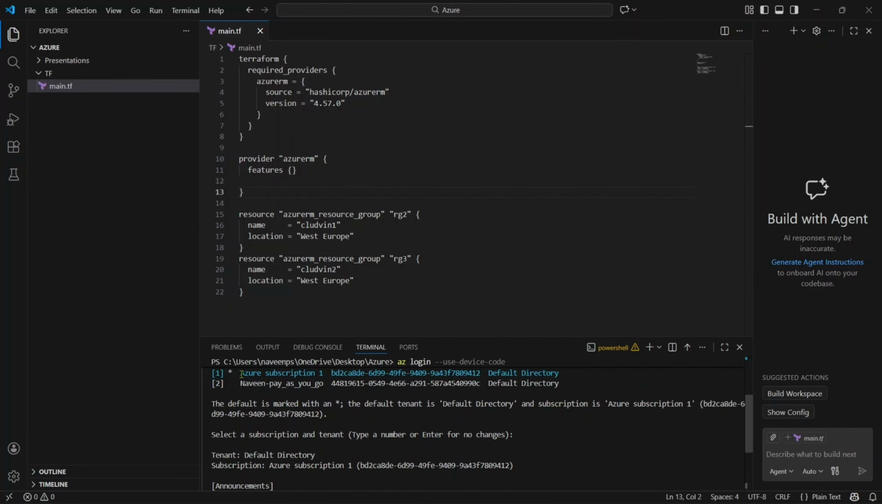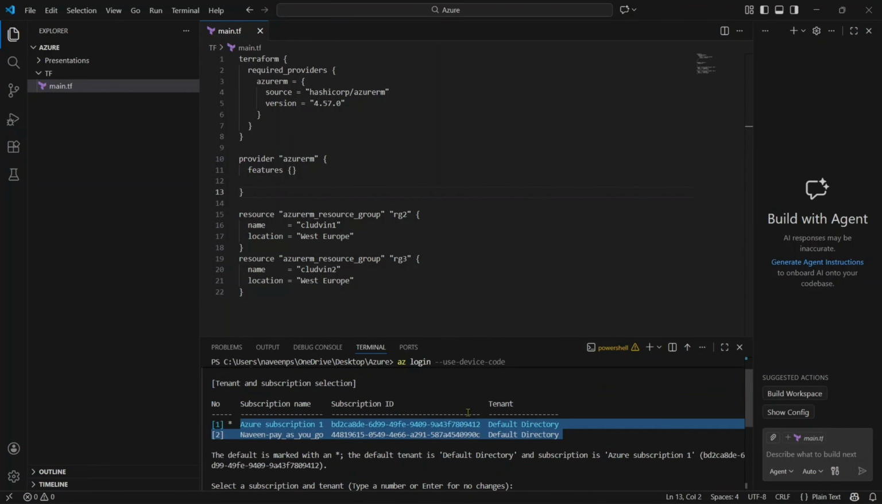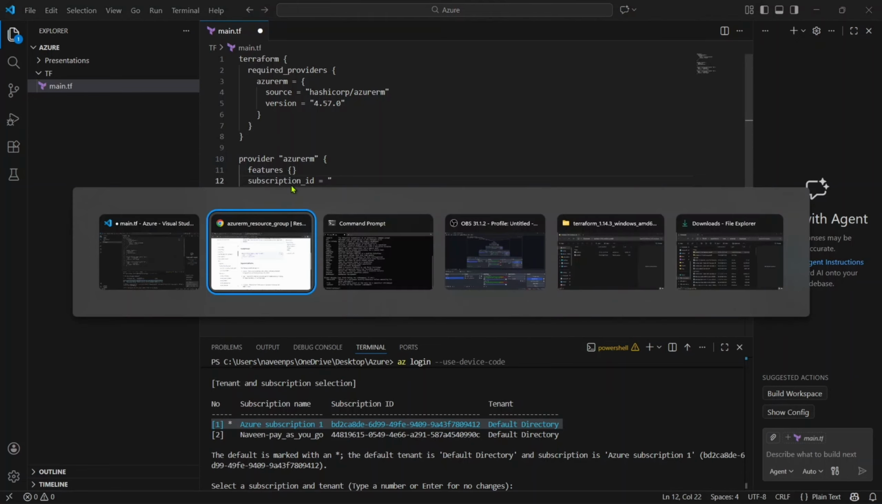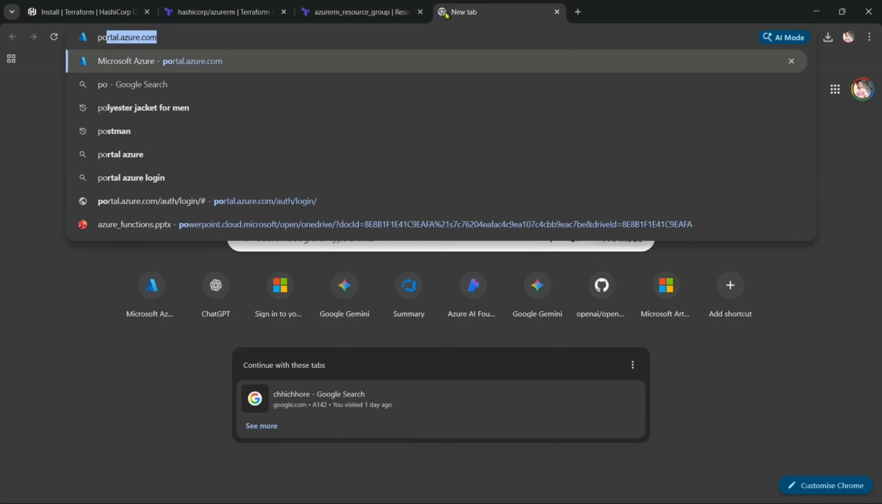If you see, I have two subscriptions for my directory or my tenant, right? So here I have a specified particular subscription, so I need to give it in the Azure provider as well, so that Terraform can know which subscription it needs to deploy these particular resources. So there's a particular parameter that we can give in azurerm, which is subscription_id. Subscription_id equal to, I'll go to my Azure portal, subscriptions,